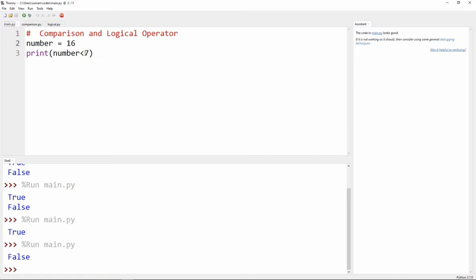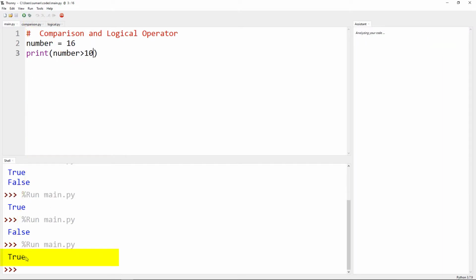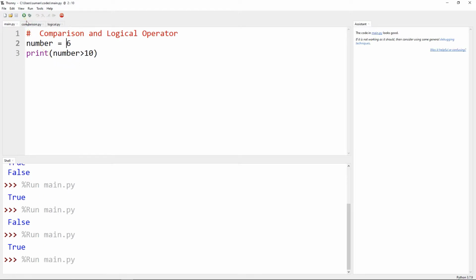Obviously the first one, less than, has been given. Suppose we are changing the code like that, greater than 10. That is obviously a true expression. So what we get? We get true. If we change the value of the variable number from 16 to 6, now that must be a false expression.